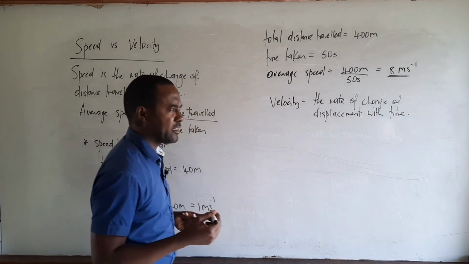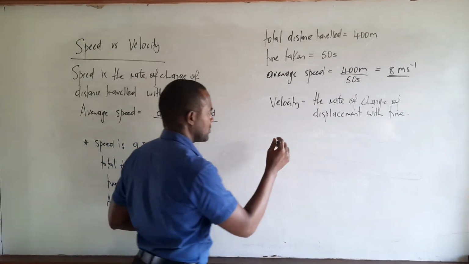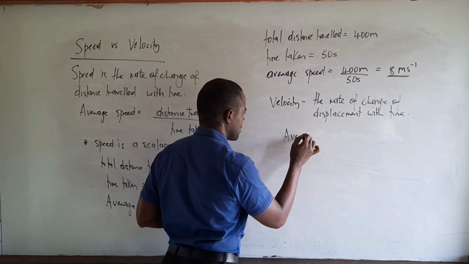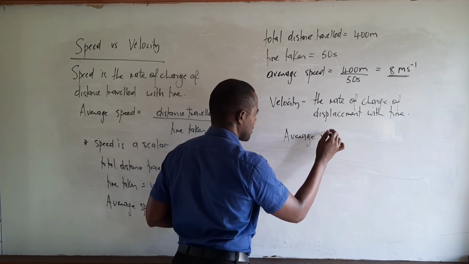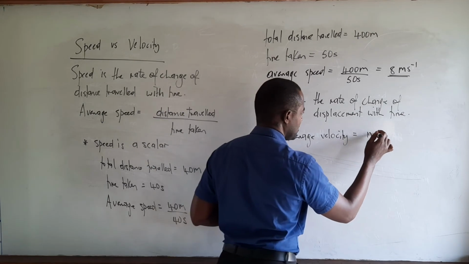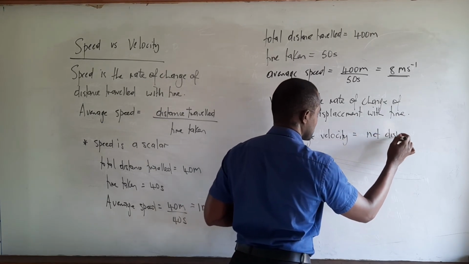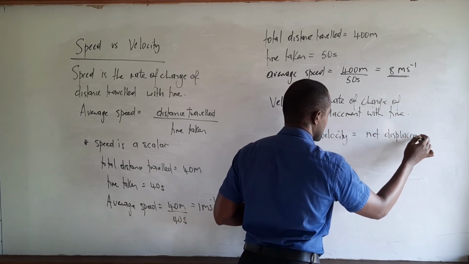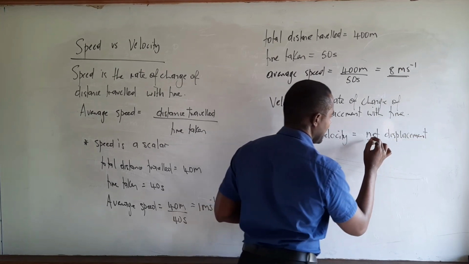And we calculate average velocity using the formula: average velocity equals net displacement divided by time taken,